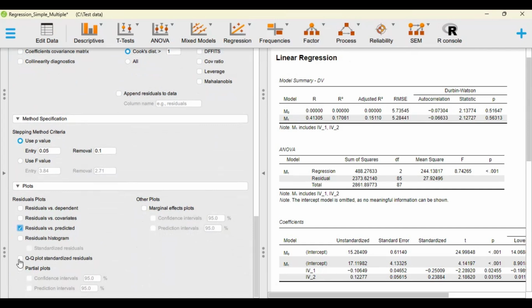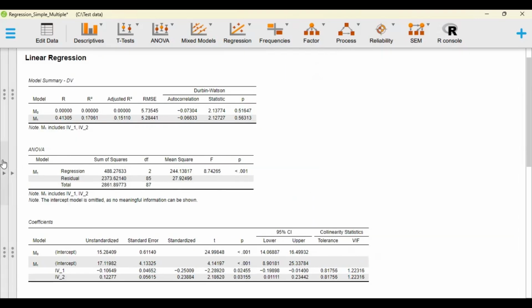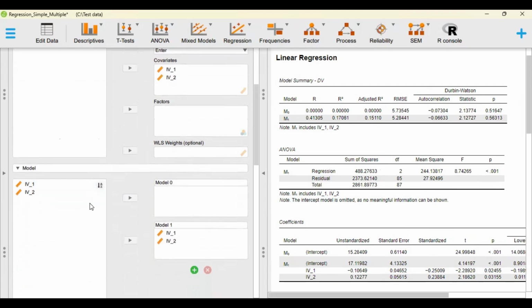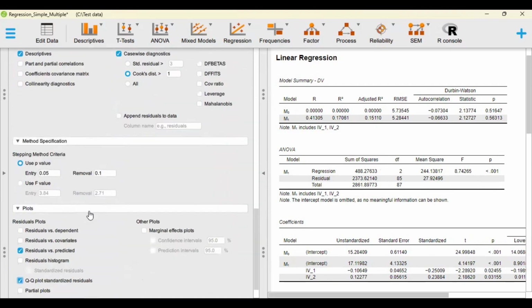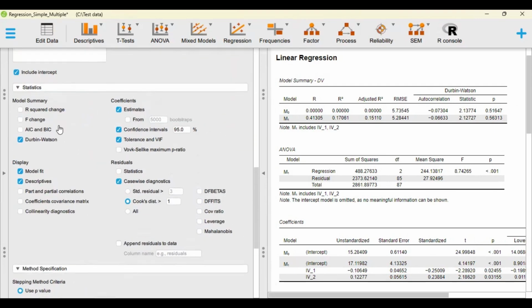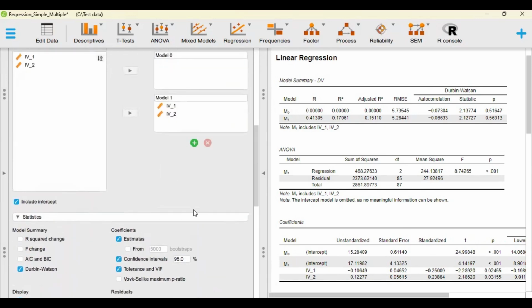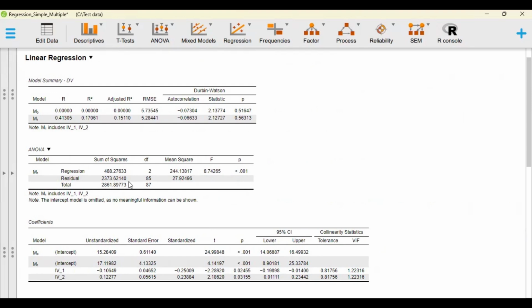And the last thing you need to tick is QQ plot of standardized residuals that can actually help you to check the assumption of normality of residuals, that I will explain its interpretation in the output as well. So now everything is ready. We just make sure that you ticked all of these options here. And if you have ticked all of these, you can make sure that you're all good to have a comprehensive